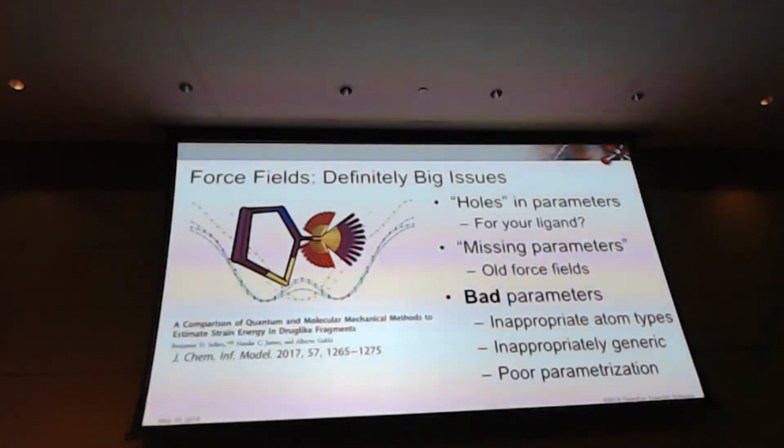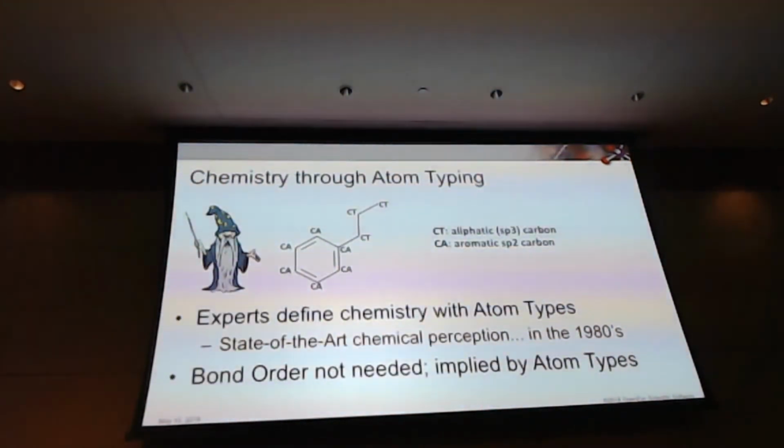I'm going to talk a lot today about atom types, and you can't blame all the inaccuracies of force fields on atom types, but I'm going to say atom types themselves, being atom types, are a lot of the problem. So I want to talk a bit about these atom types. What are atom types? Firstly, you have some wizards, the people who are constructing your force field, and they decide what the atom types are. And it should be pretty chemically evident. So CA, which is an aromatic carbon, is around all these aromatic carbons.